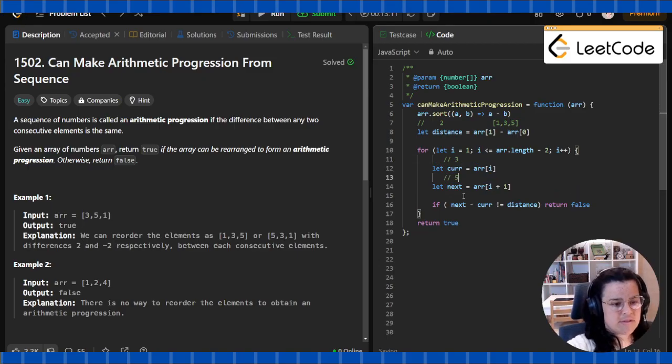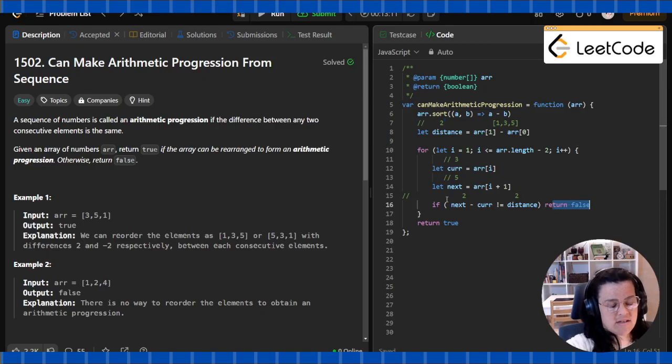So if we do 5 minus 3, I'll get 2, and if that's different to the distance, remember that distance was 2, it's not different, it's equal, I will not return